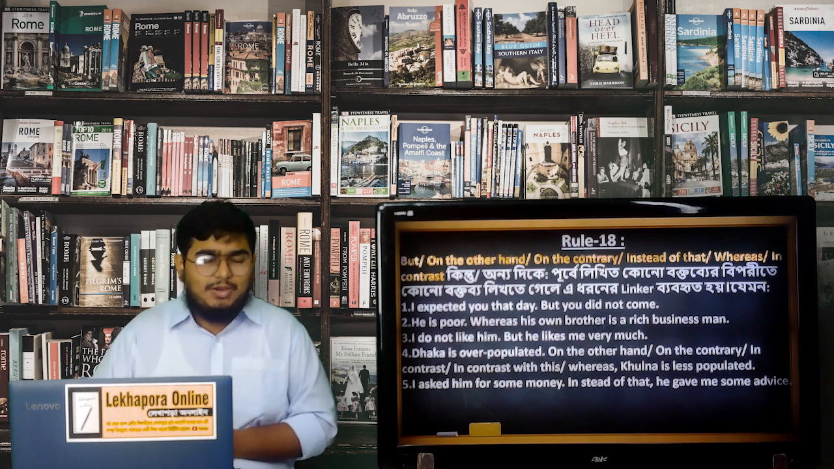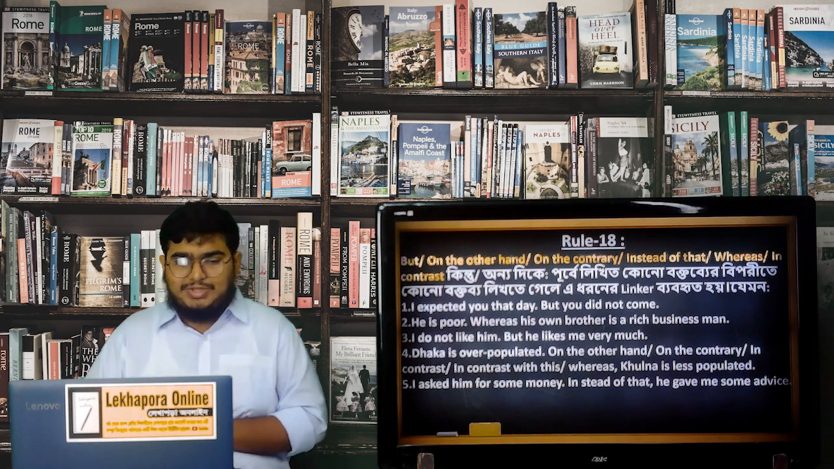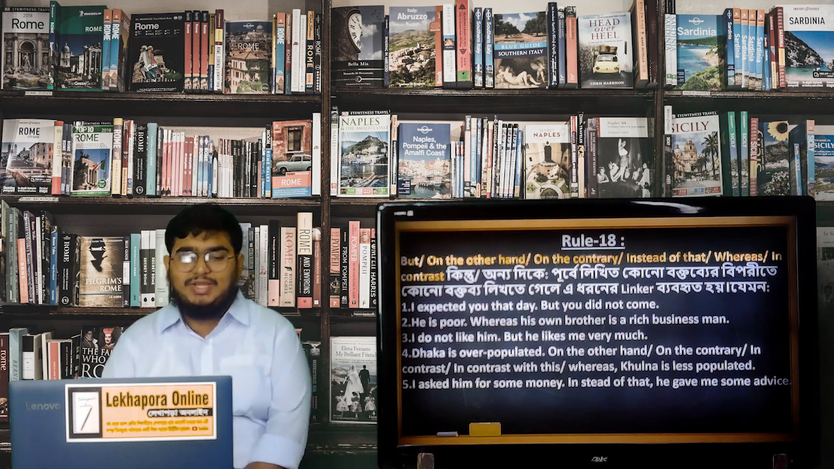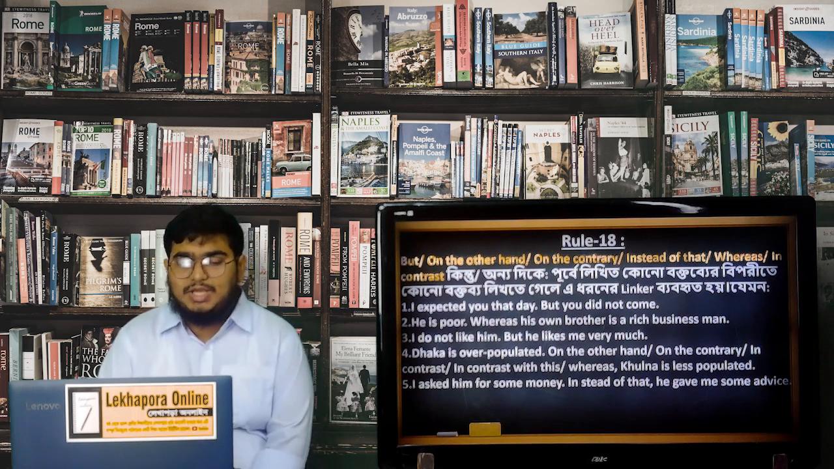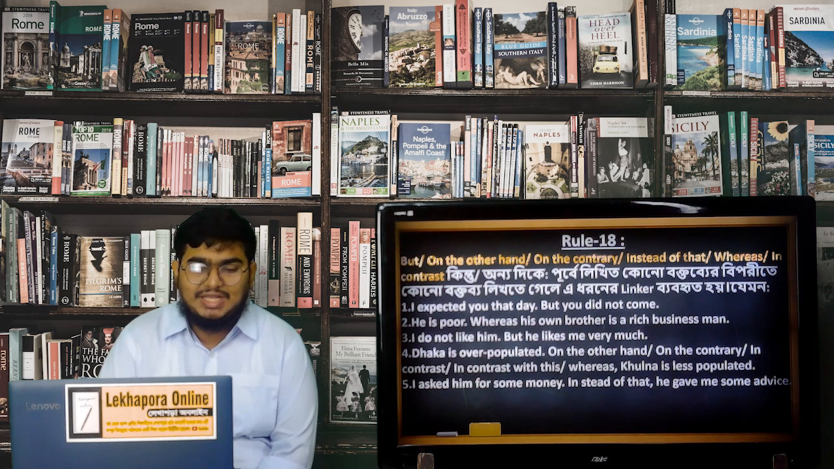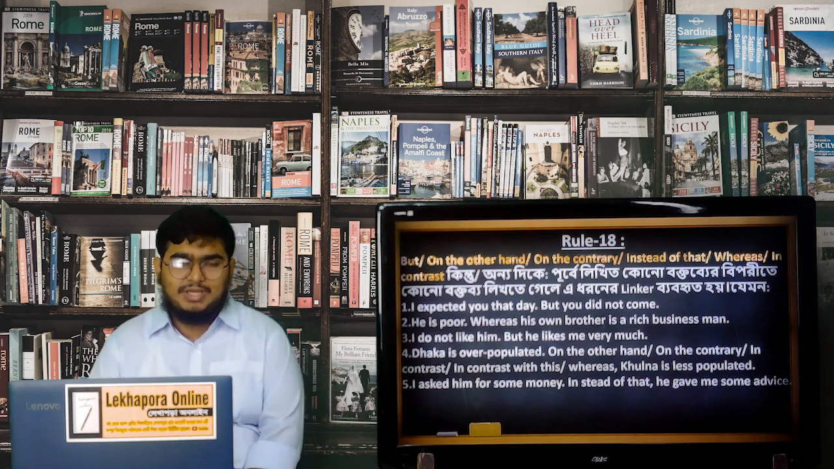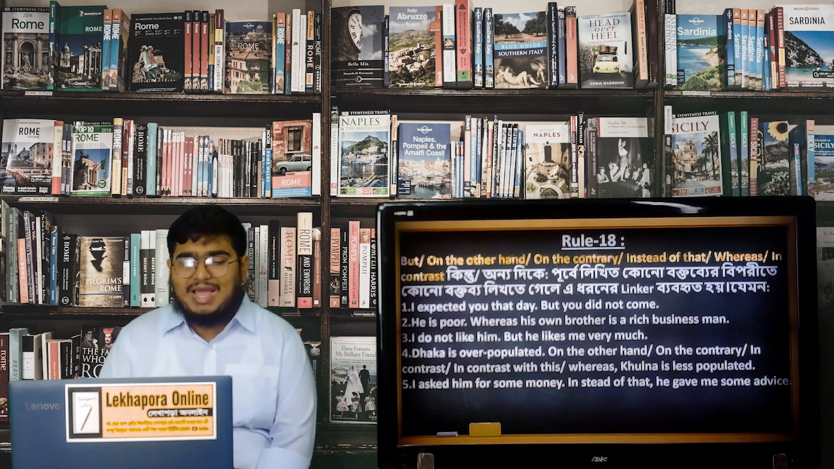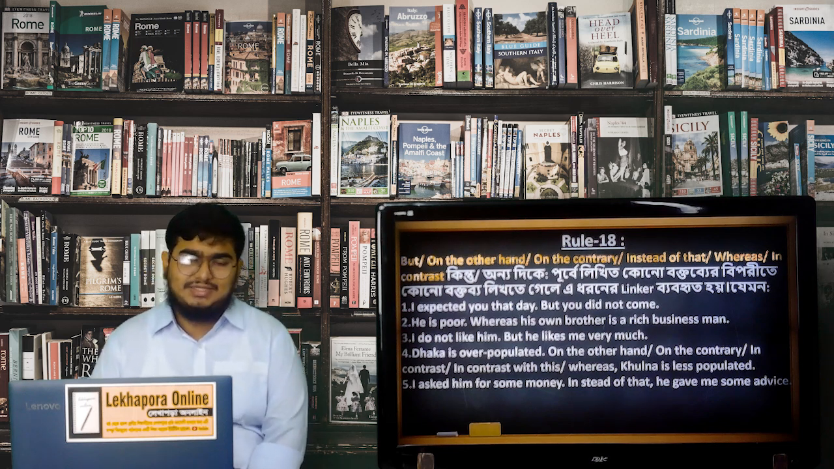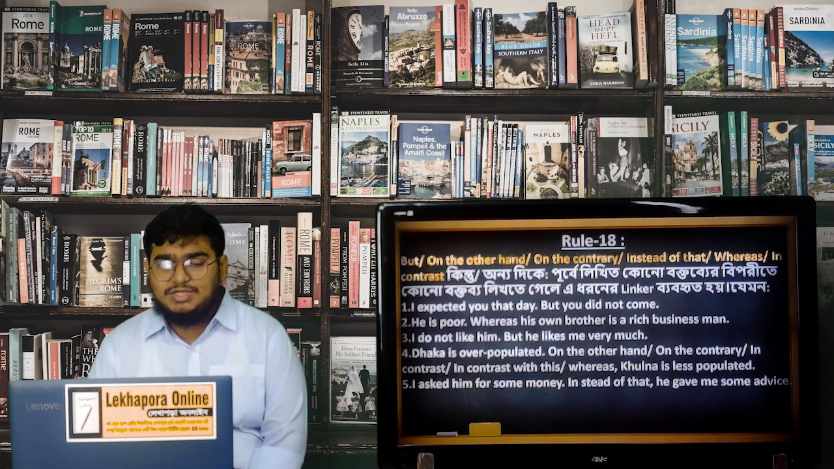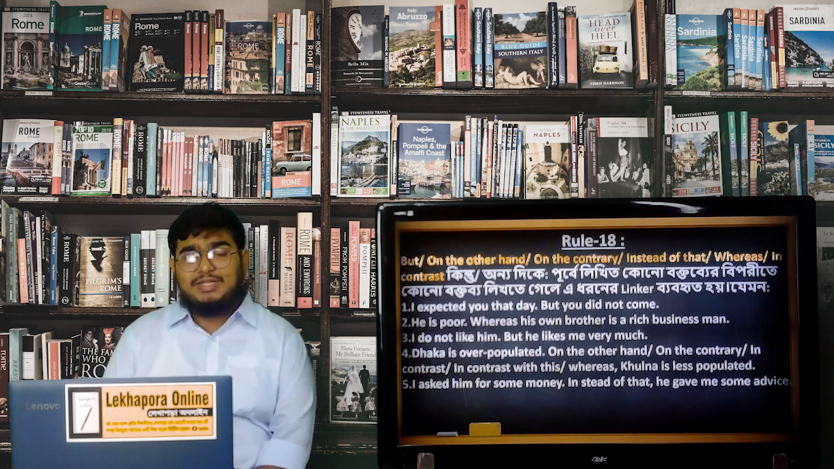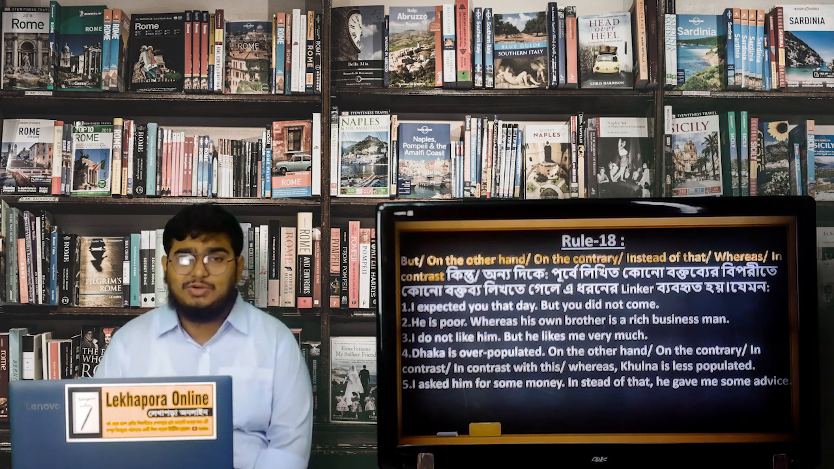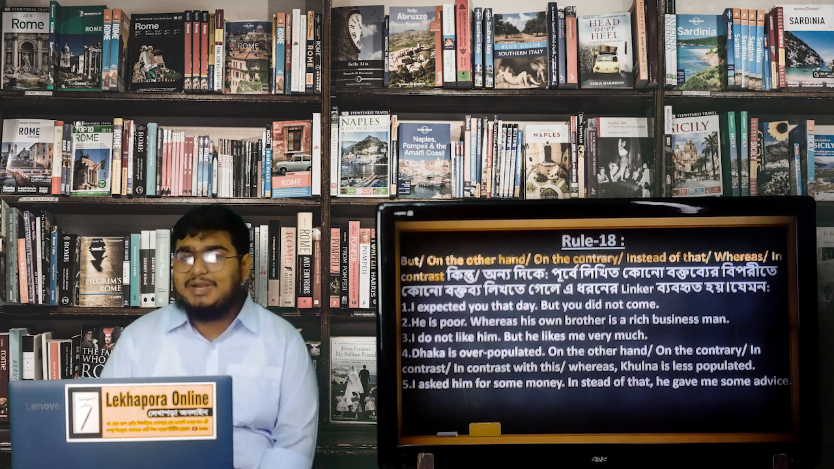আমরা যদি উদাহরণটা ভালোভাবে বুঝতে পারি তাহলে আশা করি আরো সুন্দরভাবে জিনিসটাকে আয়ত্ত করতে পারবো। দেখো এখানে ফার্স্ট এক্সাম্পলটা, I expected you that day, আমি তোমাকে সেদিন আশা করেছিলাম যে তুমি আসবে। তারপর দেখো but you did not come। I expected you that day একটা ক্লজ, এবং you did not come একটা ক্লজ, দুটো সেপারেট, কিন্তু শুধুমাত্র একটি but বসানোর কারণে দুইটা সেন্টেন্স একসাথে কানেক্টেড হয়ে যাচ্ছে।